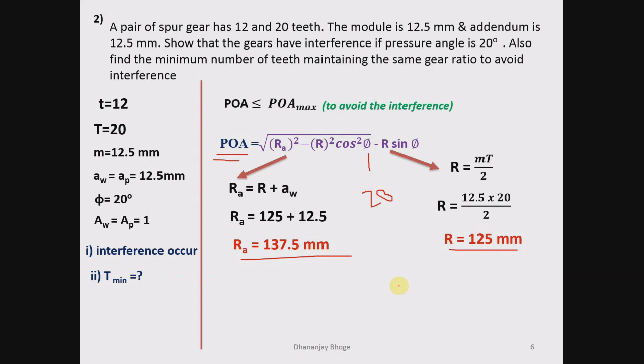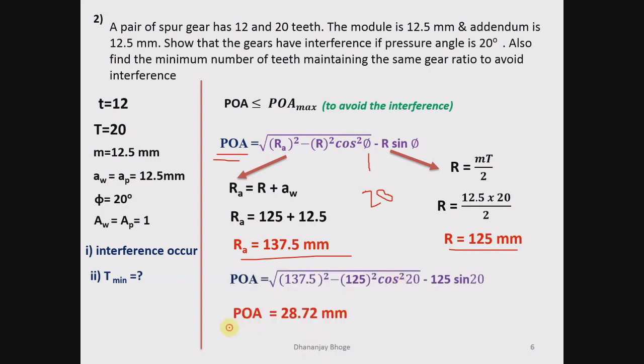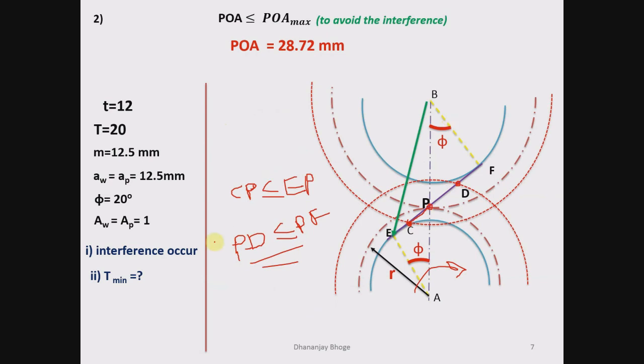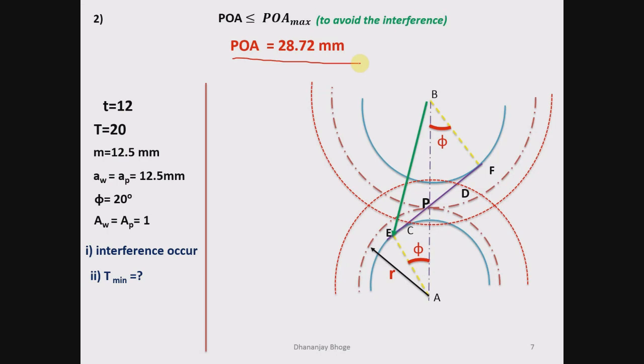सर 28.72. Very good. 28.72. Okay, so write down path of approach is 28.72 millimeters. झालं. आता आपल्याला लेफ्ट हँड साईड मिळाली. आता आपल्याला काय काढायचं आहे, वी वॉन्ट टू फाइंड आउट इट्स मॅक्सिमम व्हॅल्यू, आणि ते दोन कम्पेअर करायचे. देन वी विल चेक वेदर द इंटरफरन्स इज टेकिंग प्लेस. सो लेट अस गो.